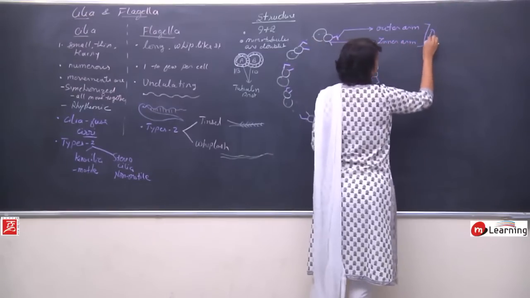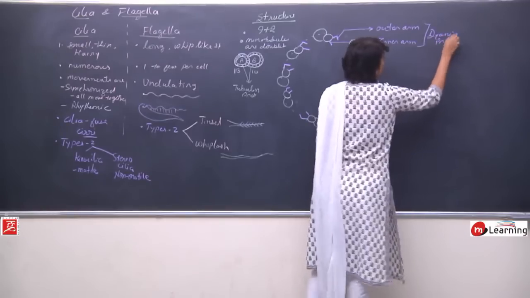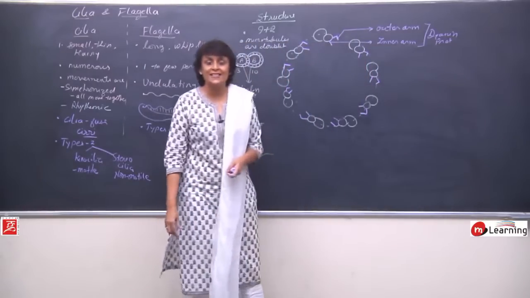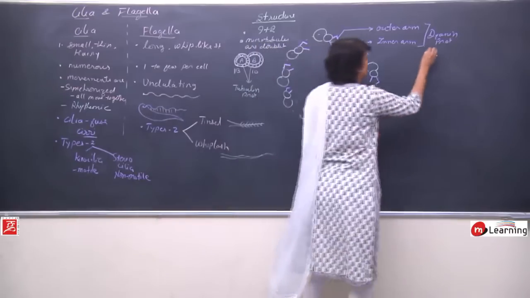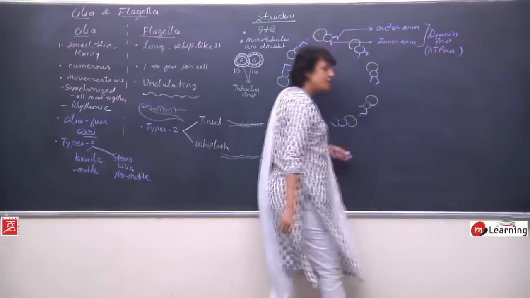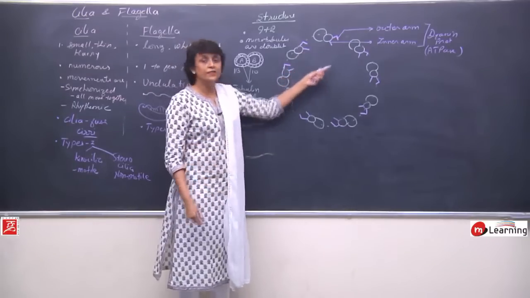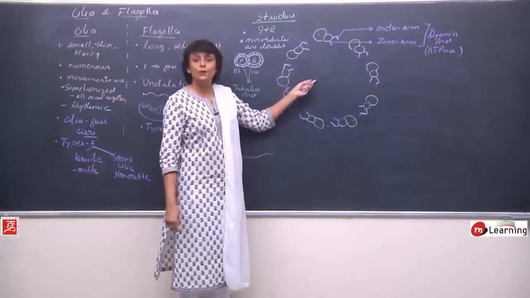Both are made up of dynein protein, and dynein protein acts as ATPase. That means it will hydrolyze ATP to get energy, and that energy will be used for the movement of these